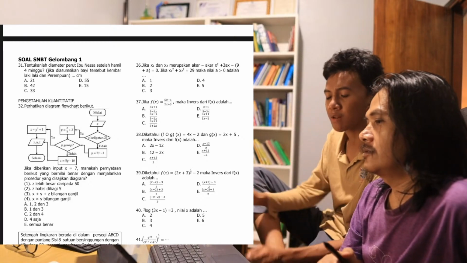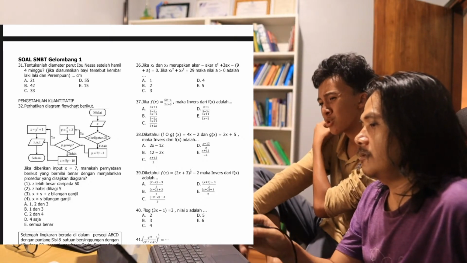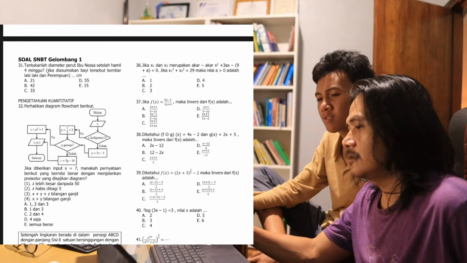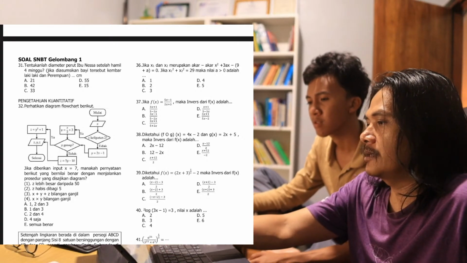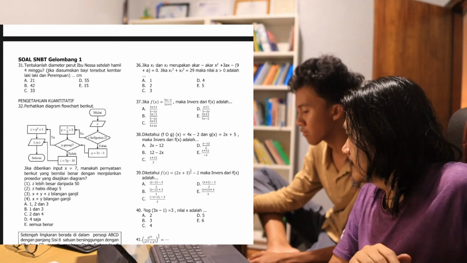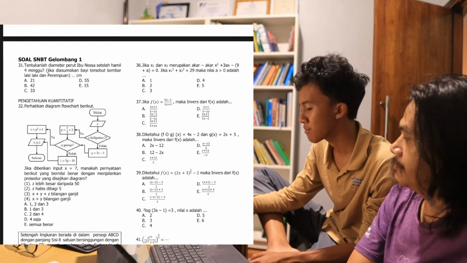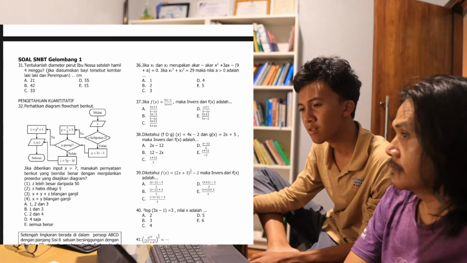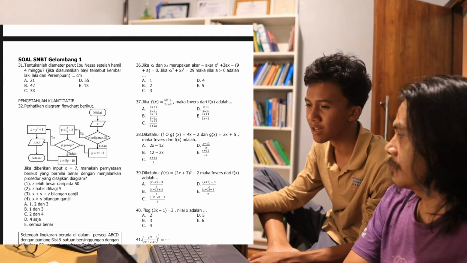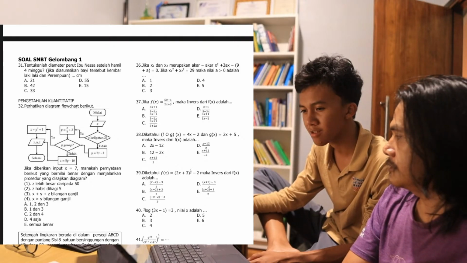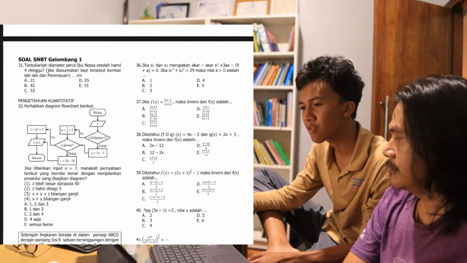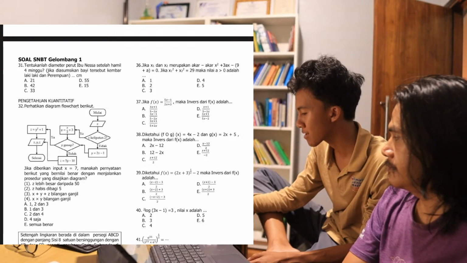Yes, so everything is in terms of a, and you find the a. So now we have 29 plus 2 times minus, I guess, 10 plus a,